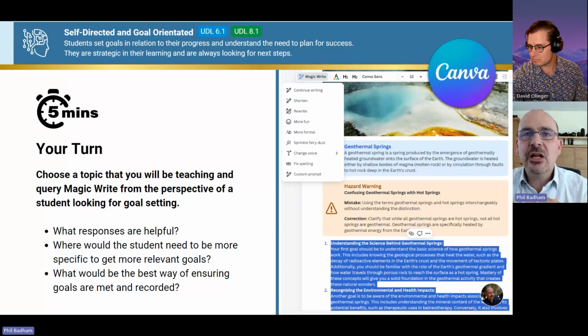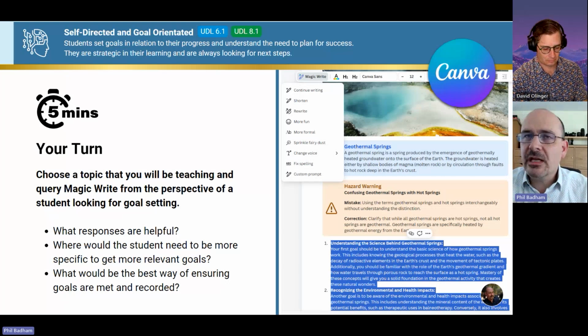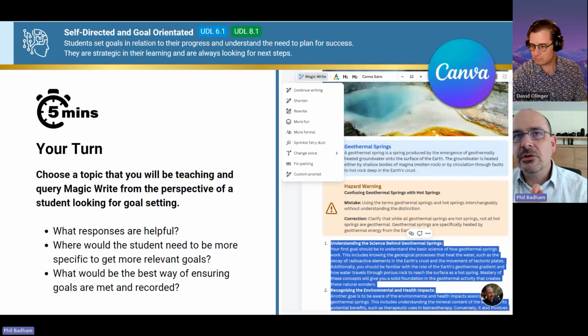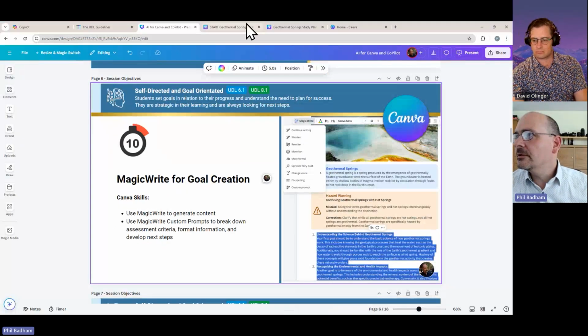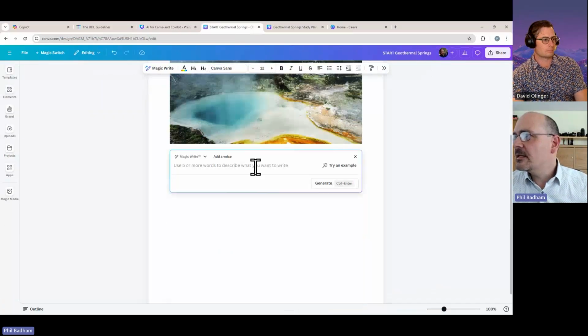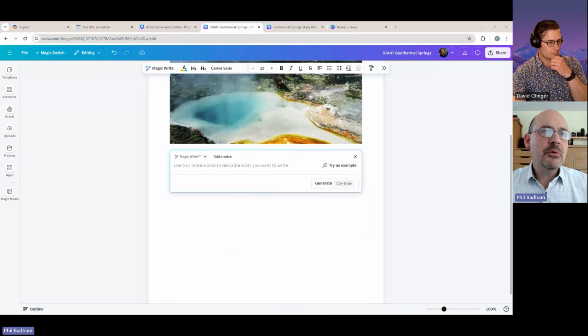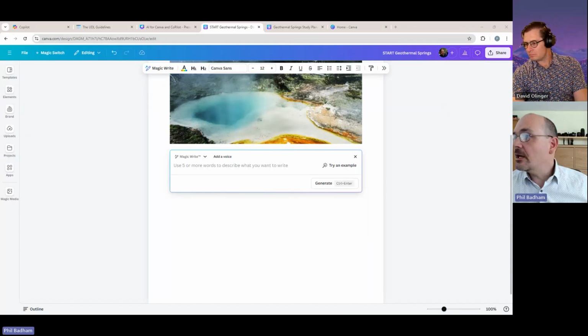Now, when it comes to generating new content, which is what we'll see in Copilot, you'll see that Copilot gives you the sources. So it's coming from specific sources which are reliable. But I'm just going to show you another couple of cool things with the AI, which I think are quite important. And this is, I'm going to ask Magic Write